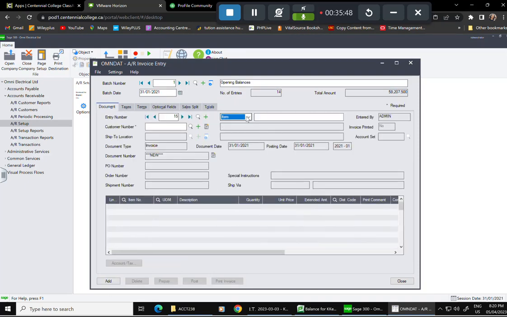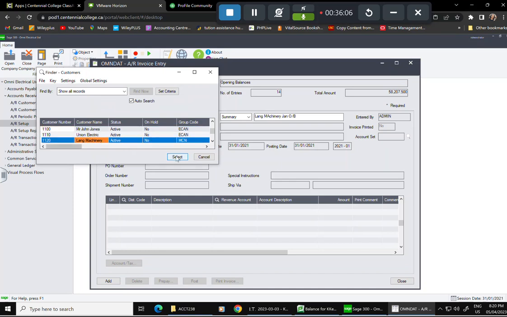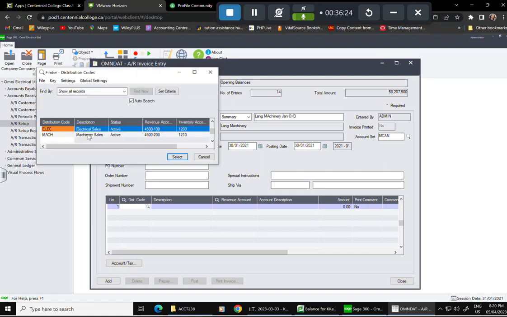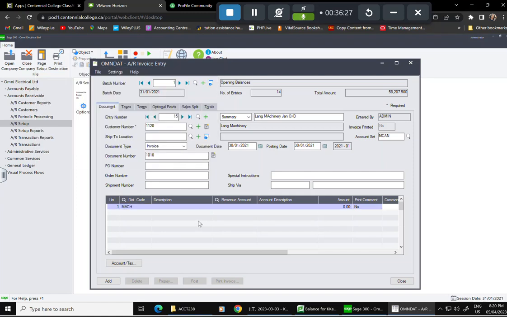So now we're going to go to the 15, and that's a summary, and it is for Lang Machinery. It is for this month, on the 30th, and the invoice number is 1010. We go to the first line and we look for machinery sales. The sales was for machinery. We select it, we tab it over, and the amount is